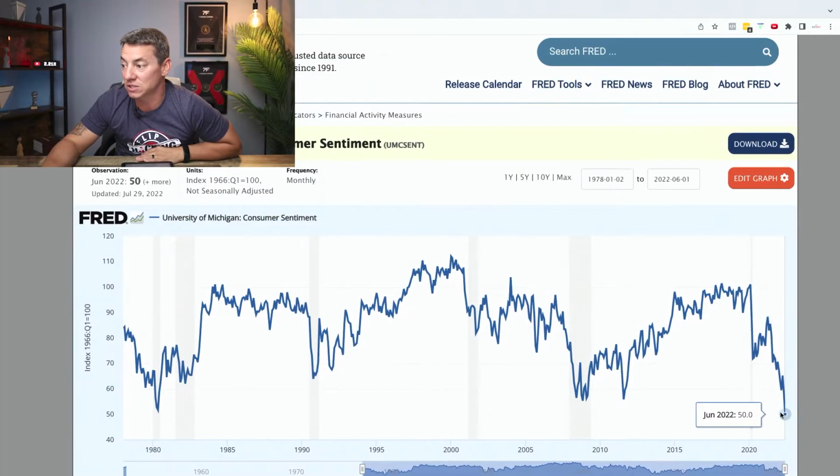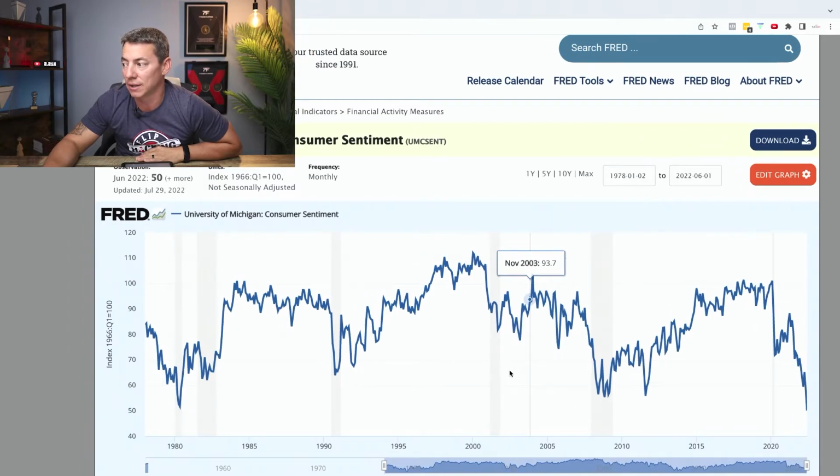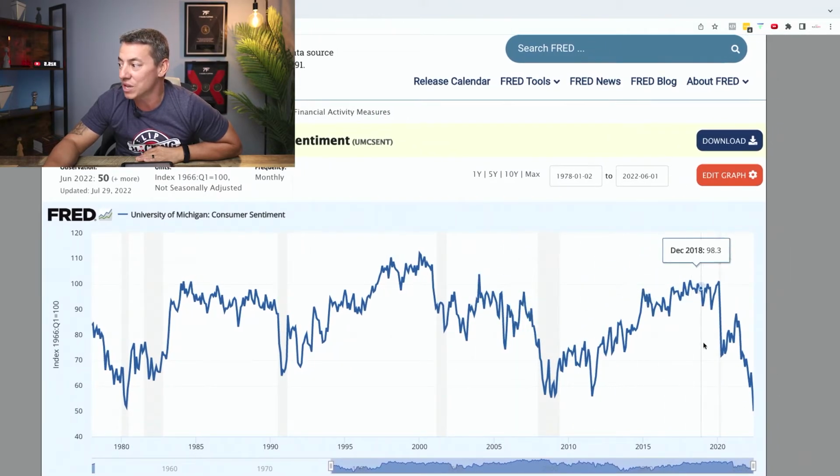I know that there's uncertainty out there. I know that people are feeling uneasy right now. And there's recession talk, right? The past 2 quarters have been a negative GDP, right? So a lot of people are arguing, are we in a recession? Are we not in a recession? Well, I can tell you based on this chart and based on the past, we have been in a recession,